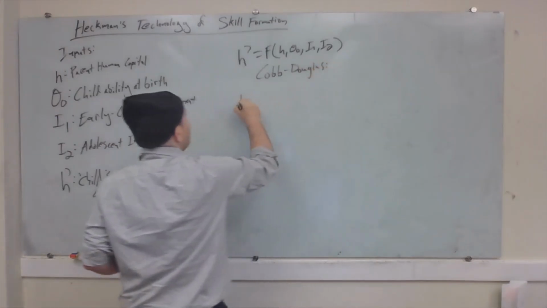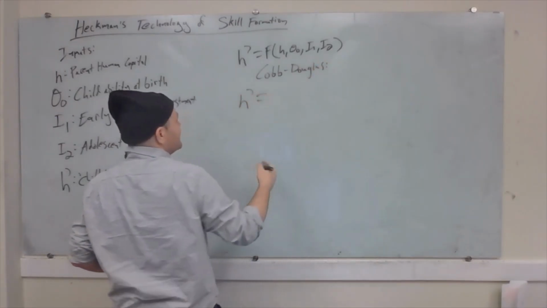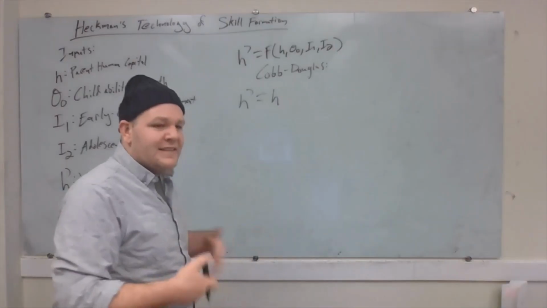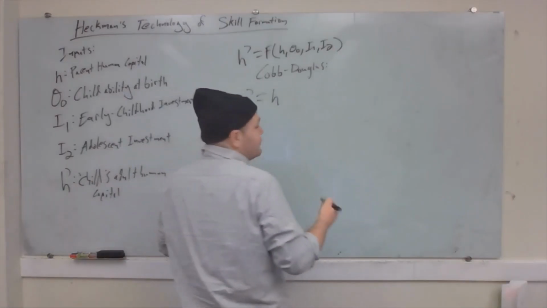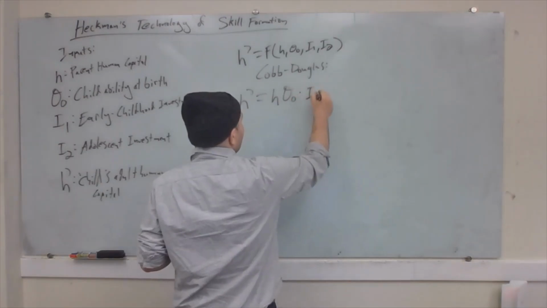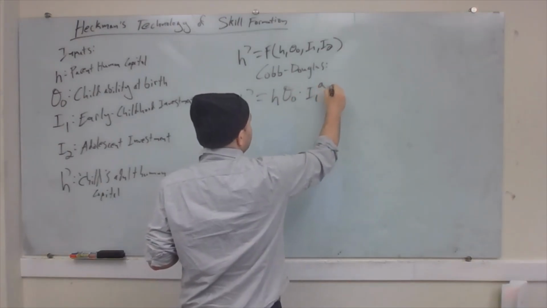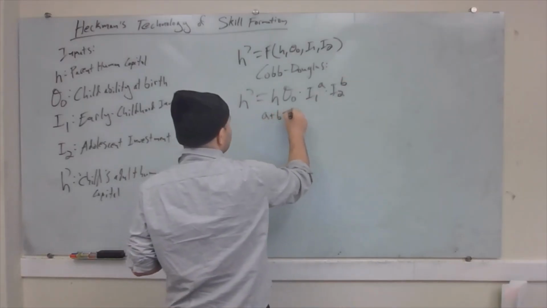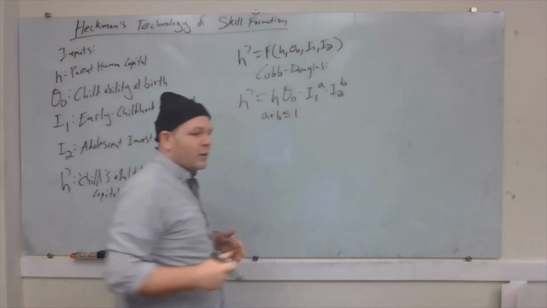In other words, we're going to say that your human capital investment as an adult is going to be a function of your parents' human capital, right? How easy it is for them to teach you or guide you through school. Sigma naught times I1 to the A times I2 to the B, where A plus B are less than or equal to 1, right? In other words, we're still,